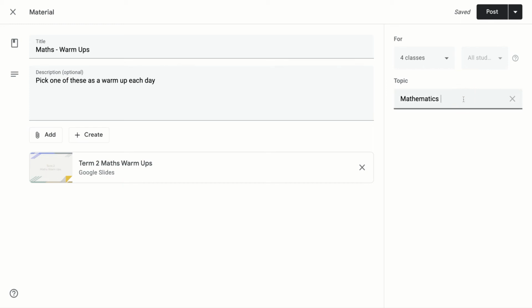They would come here and ensure that it goes under the topic that it needs to go under. Then they can simply post, save the draft. They cannot schedule. They can schedule the post if it is to 1 class only. So when that is done, that will then get shared to all 4 classrooms and each student would have access